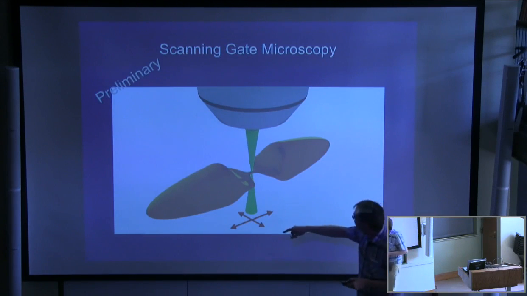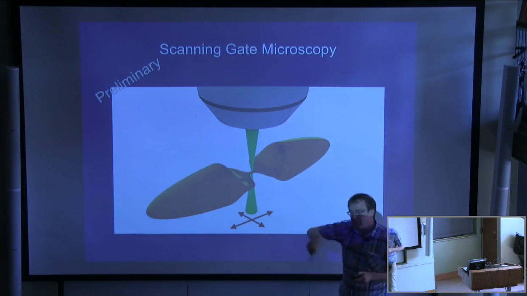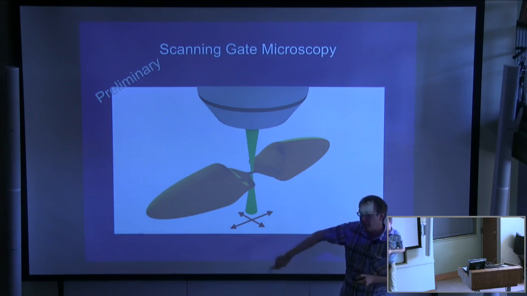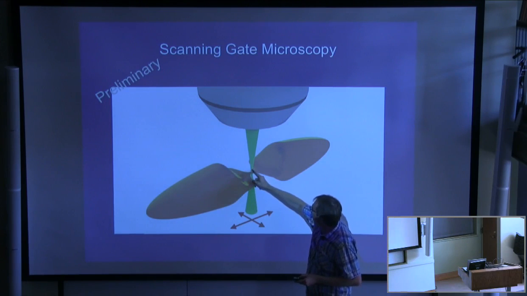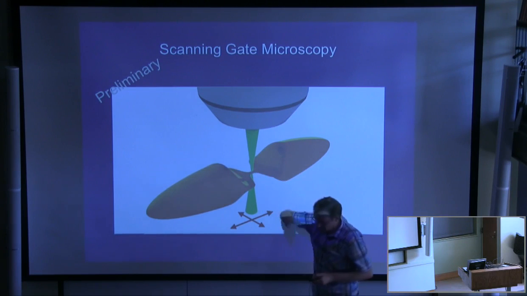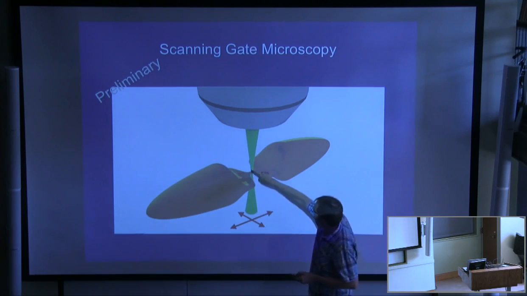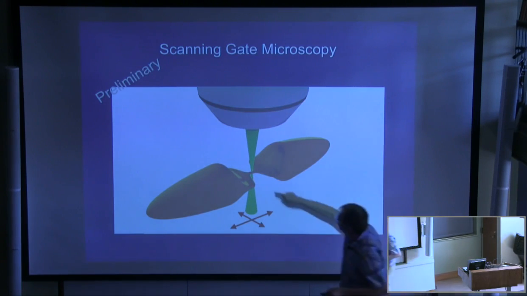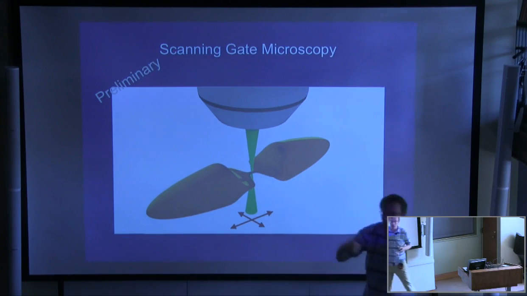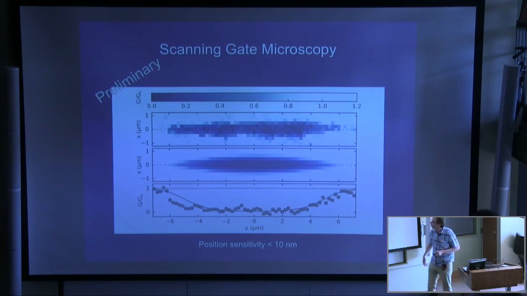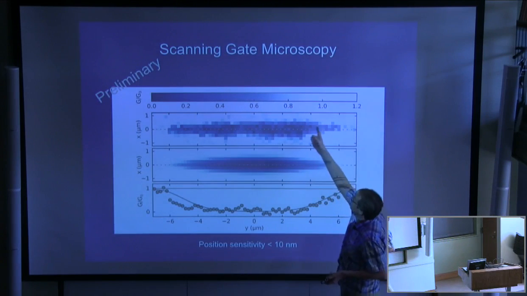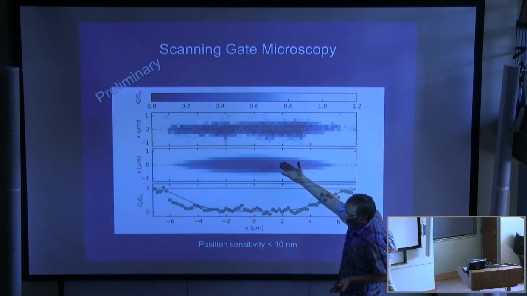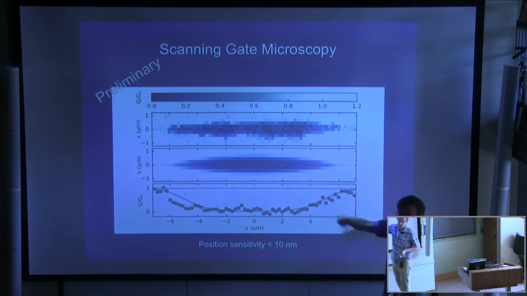Just a preliminary one: what we are playing with at the moment is a scanning gate system where we can place a tiny focused beam, and then we can scan over this whole region and see how the conductance changes, very much inspired by condensed matter. And then we can see these conductance plots, and for the non-interacting case we can compare it with